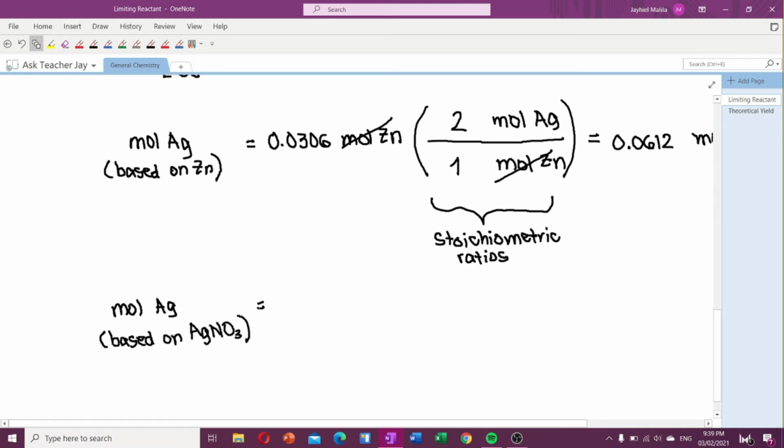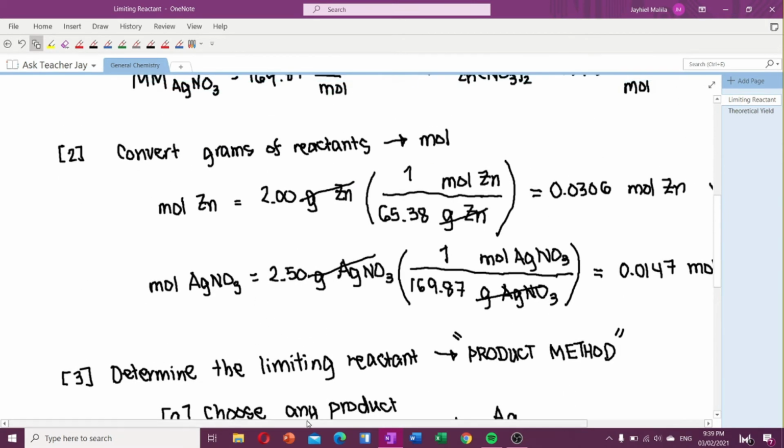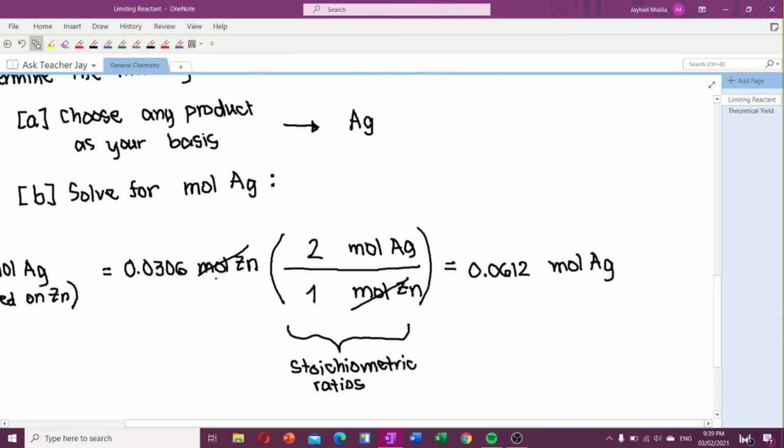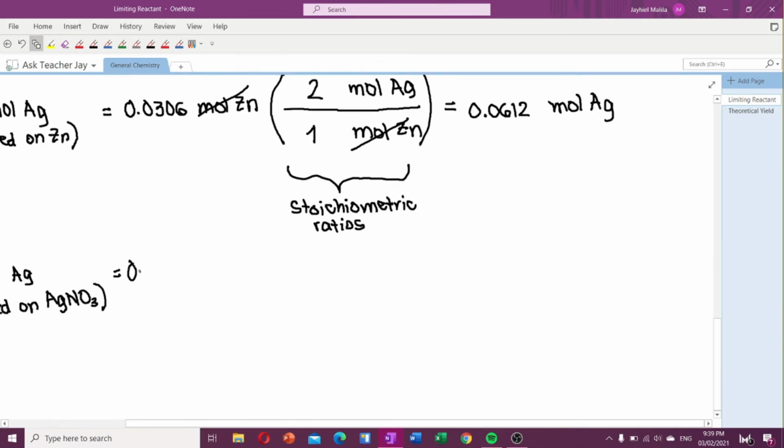Remember that we have solved for the moles of AgNO3 already. We have 0.0147 moles of Ag, 0.0147 moles of Ag, and then we're going to convert the moles of Ag